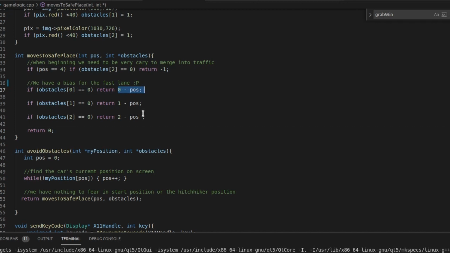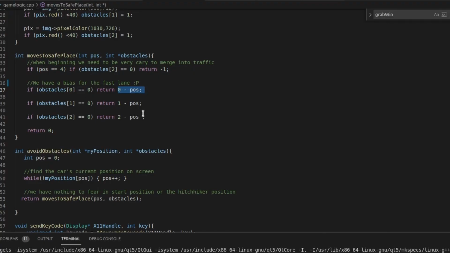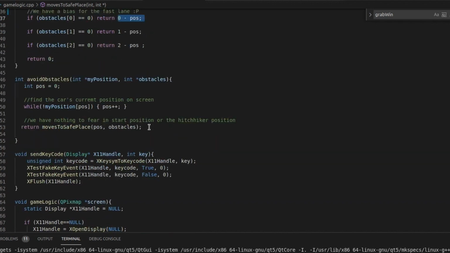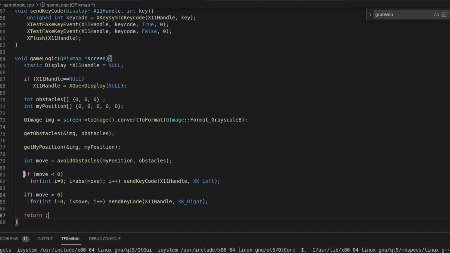If, for example, there is a dog and there is a little post in the middle of the road and I'm driving in the lane of the dog, it will say you need to move +2 positions to get to the safe lane. So that's a really efficient way of managing it. So then I know how many moves to make to the left or the right, and I need to send